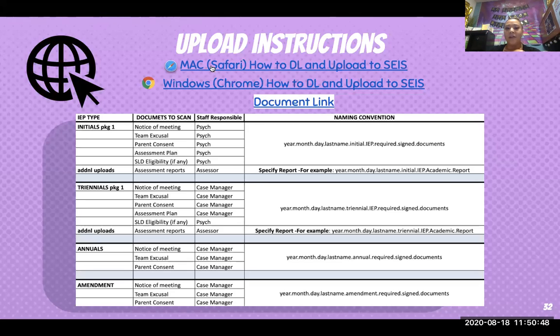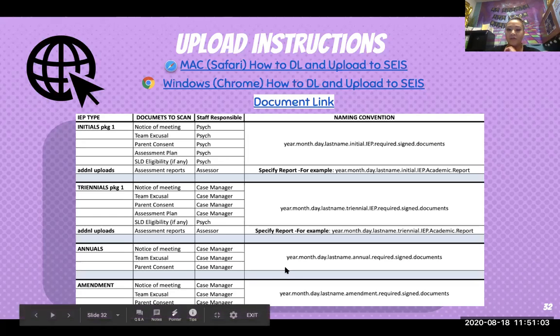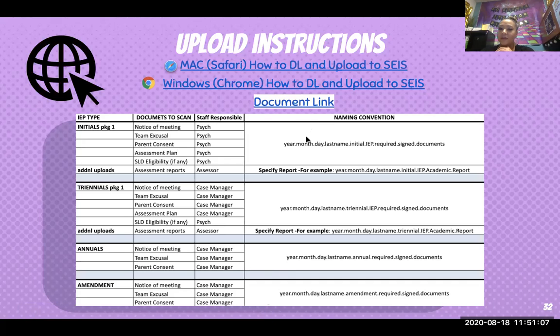So we do have 2 links, one for Mac and one for Chrome using Windows. And it shows you this document and it explains how to go ahead and upload these documents into SEIS and where to attach them. And to get a better view of this actual document here, there is a hyperlink, so it's easier for you to actually view it.